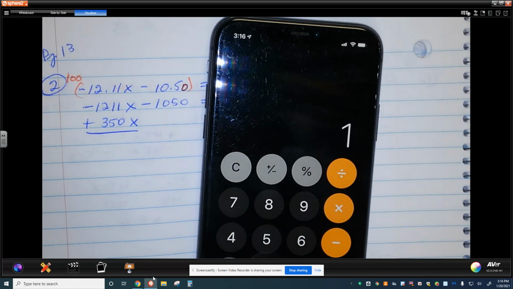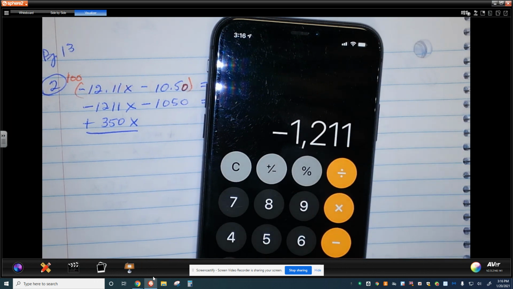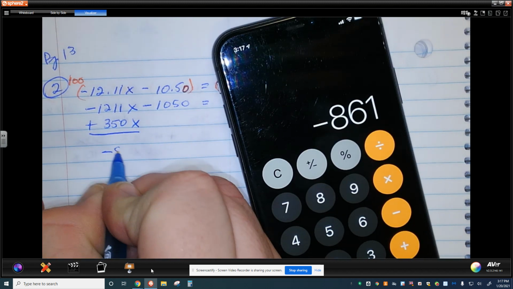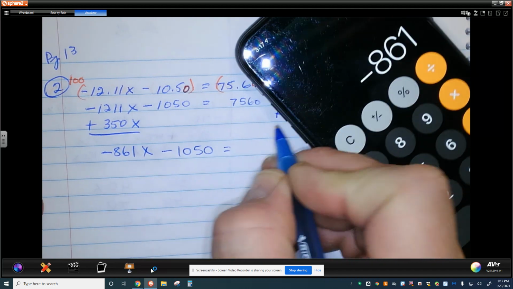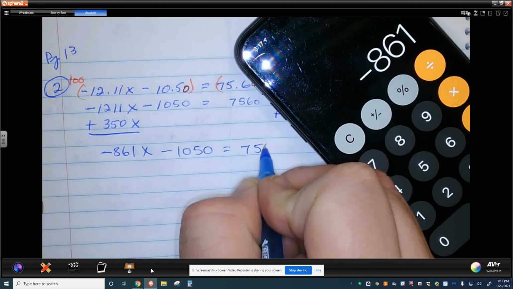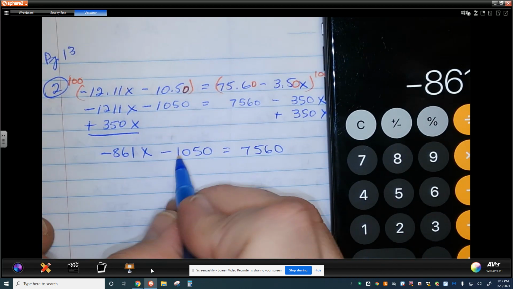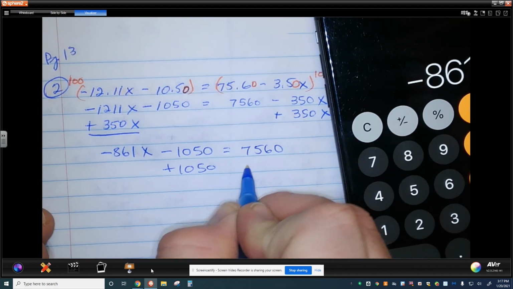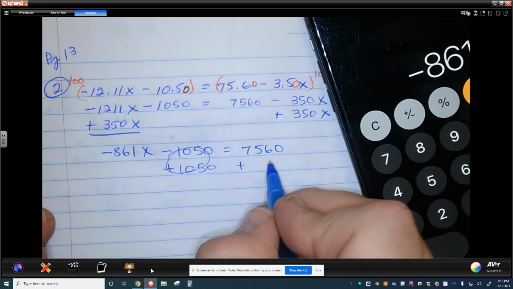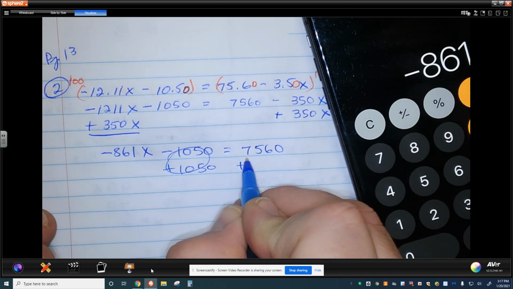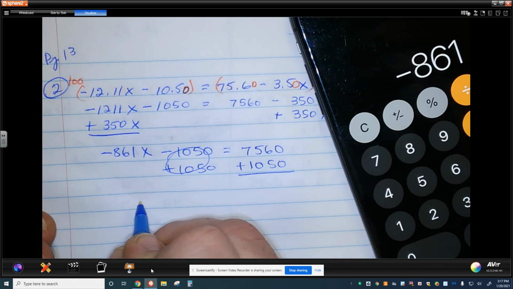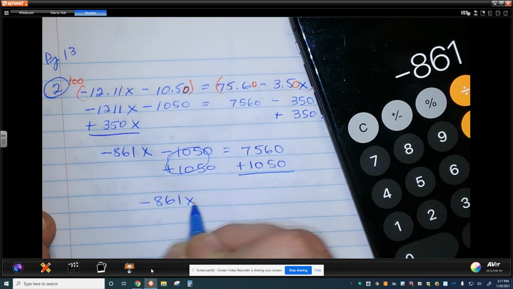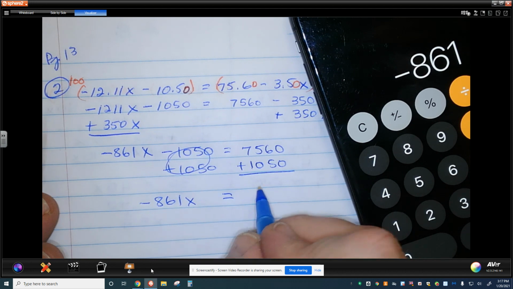We will take 1,211 on the negative and add 350 to it to give me negative 861 times x minus 1,050 is equal to 7,560. From here, I want to use the addition property of equality to eliminate the constant term from the left and bring it over to the constant term on the right, leaving me with just the variable term on the left and only a constant term on the right, which is